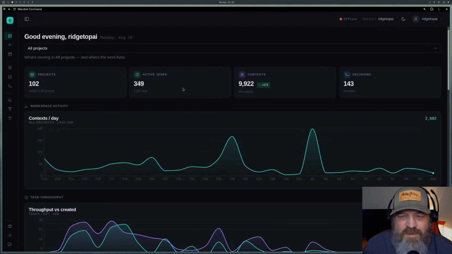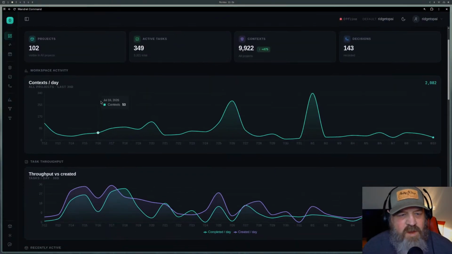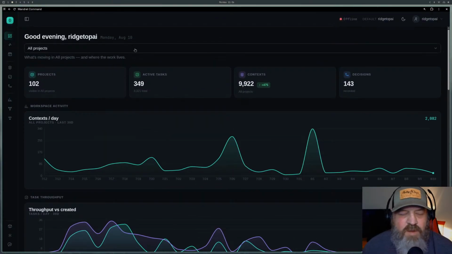Well, we're not working on all of them, but 349 active tasks across those projects, 9,922 contexts, and 143 decisions. I've been using this since October of 2025. Every one of my builds, everything that I do goes through Mandrel,